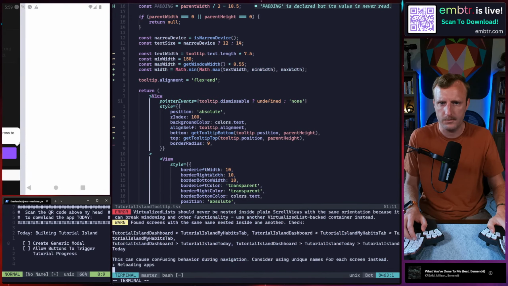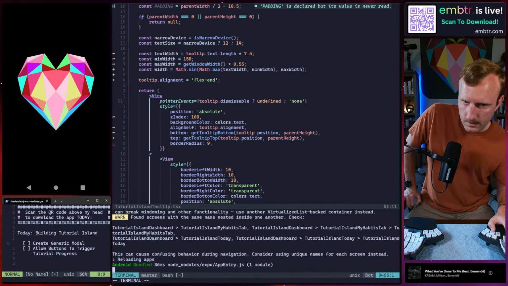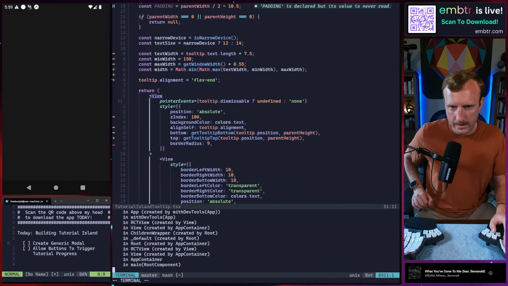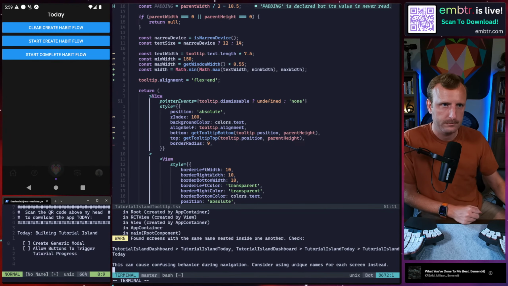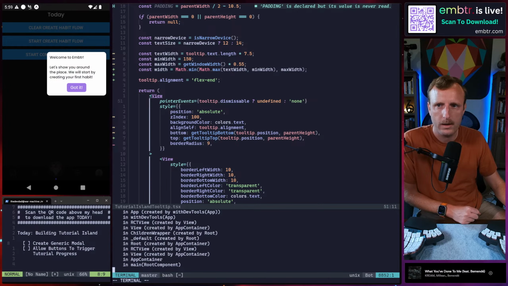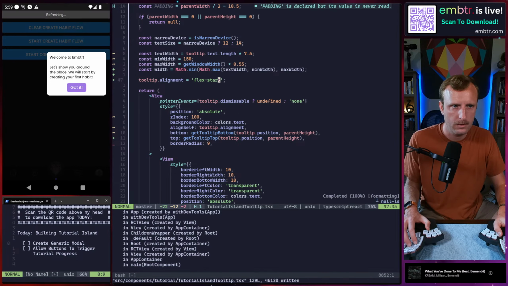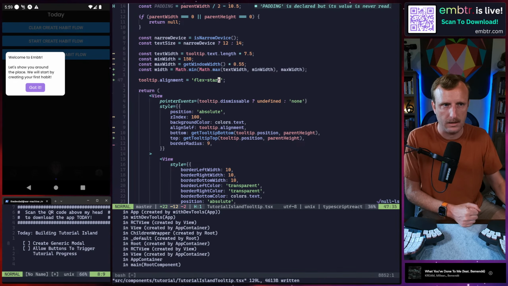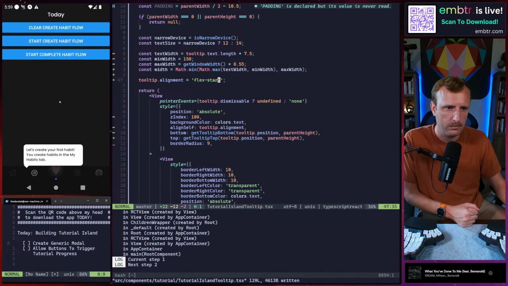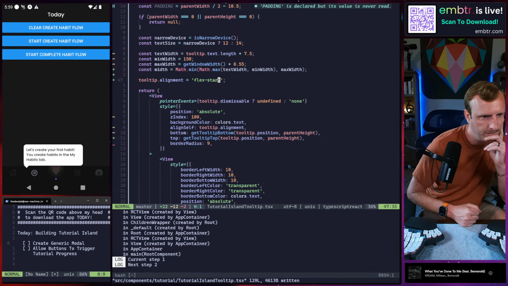Is this React Native? You got it. We're building a language-first tutorial island. Okay, cool. So that's good. Flex end, flex start. That's what you want to see. Got it. Now this one's a little bit more interesting because